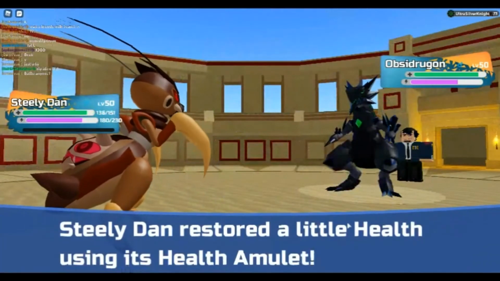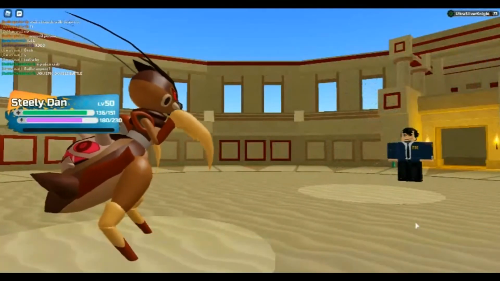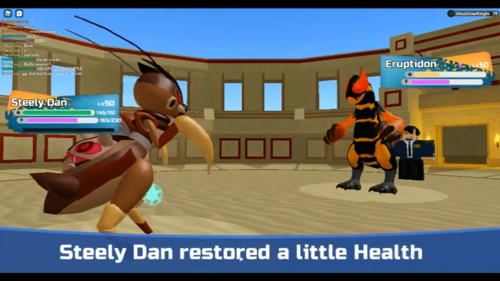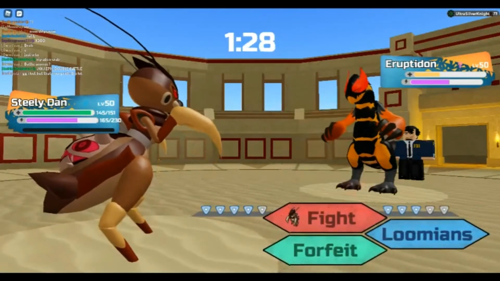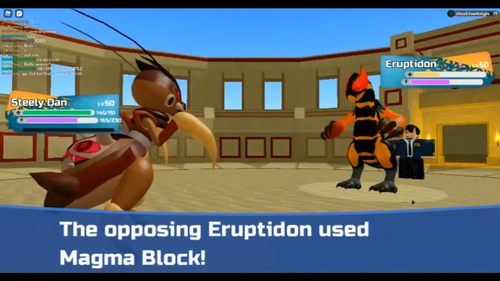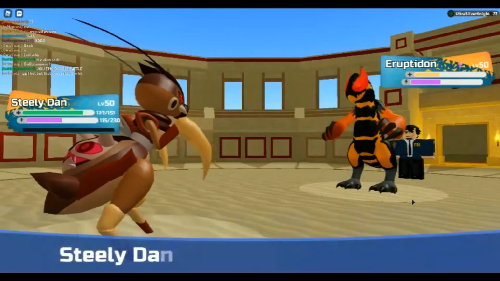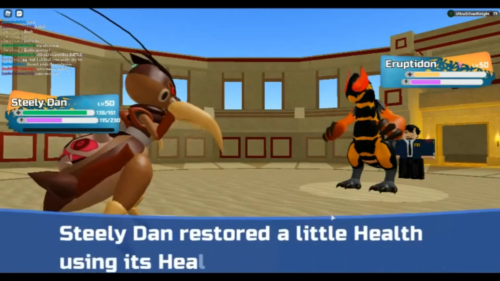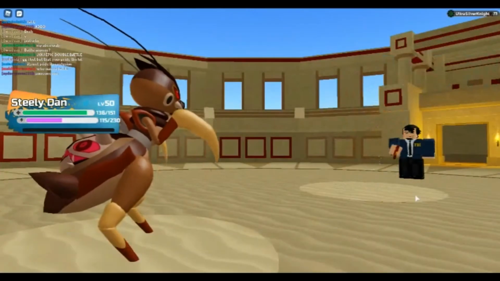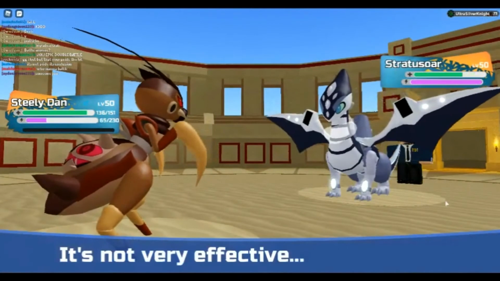So I save Vesperado just because I can use it as a sack for Eruptodon and get my Volkaloa in, because I know Volkaloa can basically sweep as soon as it gets to like +2, +4 maybe, and their Eruptodon is low on energy. I go for a Battering Ram here, trying to scout out what they'll go into. They switch into Stratosaur here, so I click Battering Ram trying to get some chip, and I actually do get